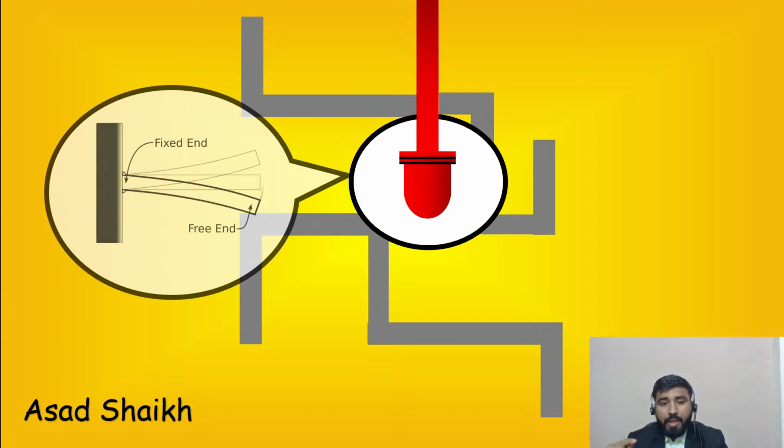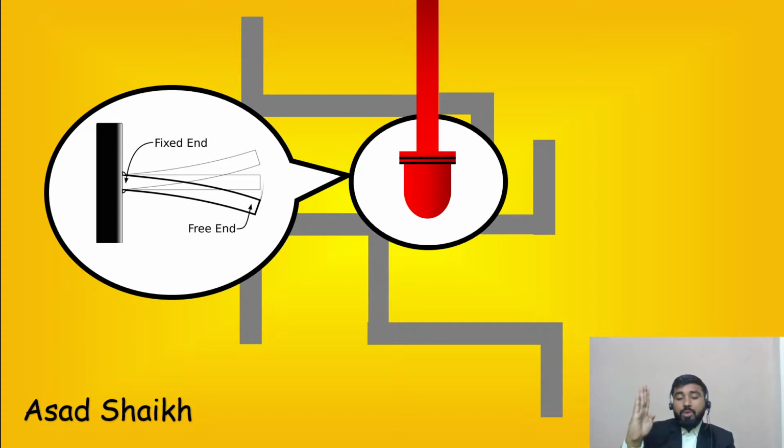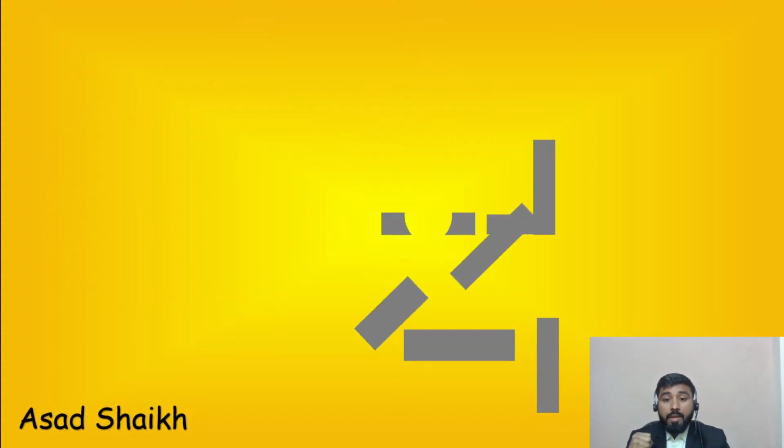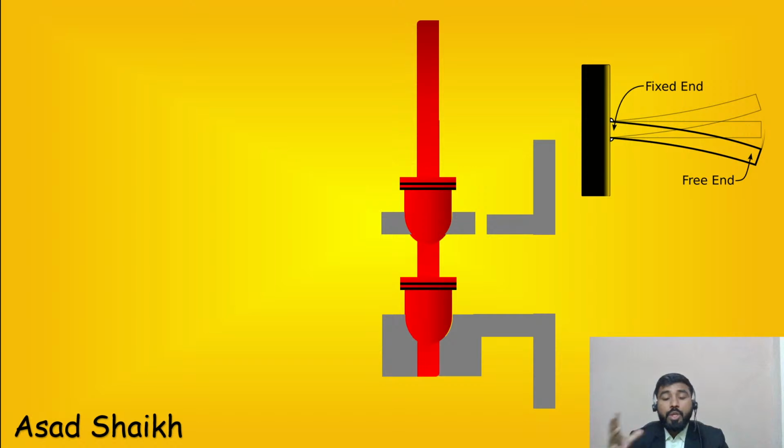Now when you look at this design, you can see that because it is supported at one end, the other end, if there is a huge amount of turbulence, or for example very high dp, it is very difficult to keep stable. It will start to oscillate, and this is especially not good for a valve which needs precise flow control. That is why engineers were thinking a lot and were confused as to how to tackle this issue. And that is how your dual ported design came.